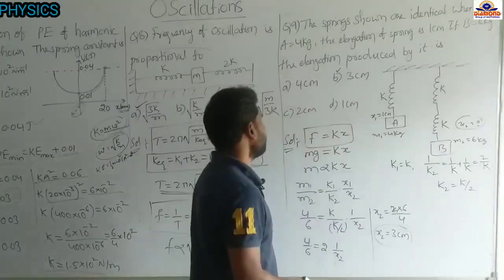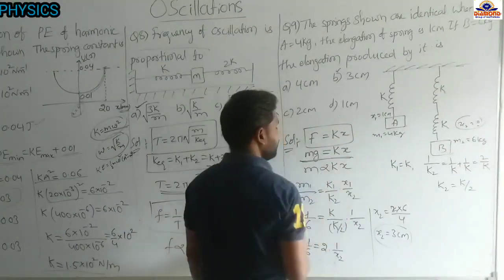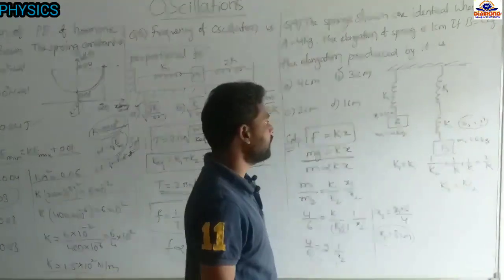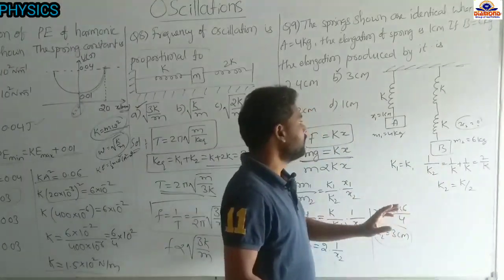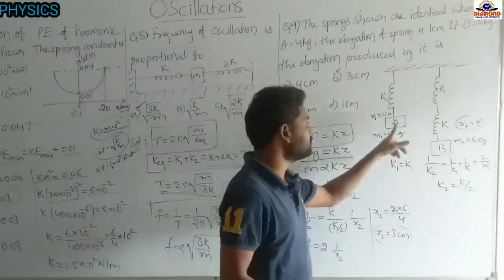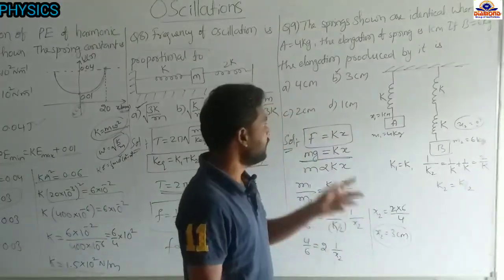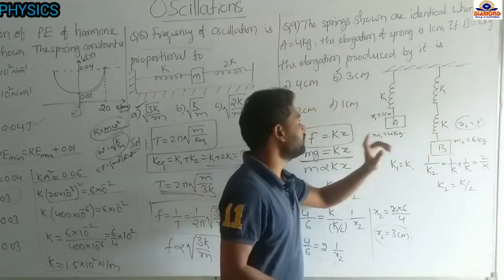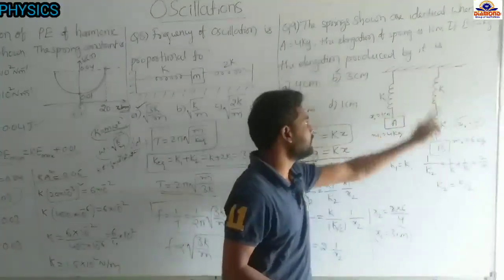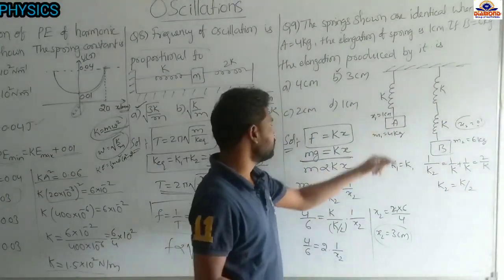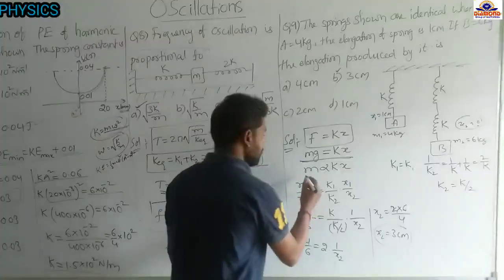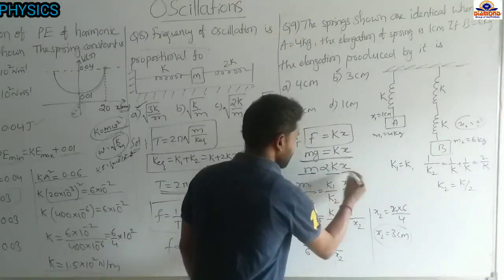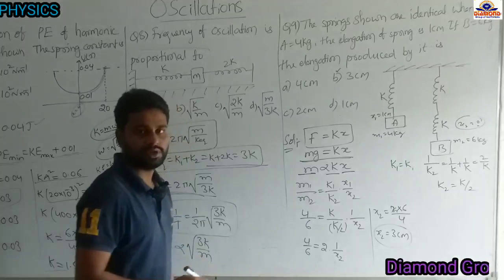Okay, so now mg is equal to kx, but the relationship we have to find is for different masses. They are taking identical springs, but the masses are different. The spring constants are different here, since either one spring K is there or two springs are connected, and the elongation is also different. So I am going to write the relationship between the mass, spring constant, and elongation. Okay, M is directly proportional to Kx.